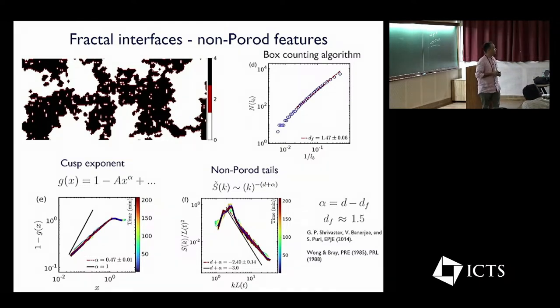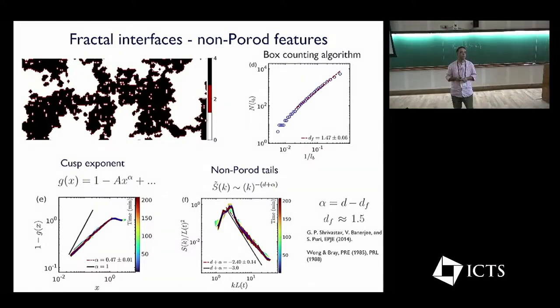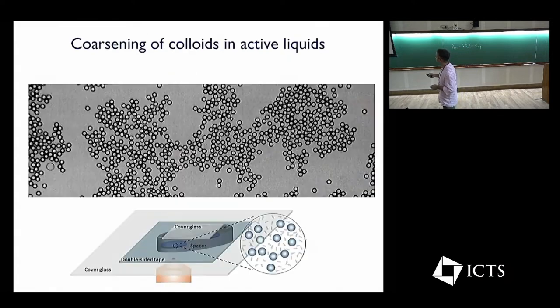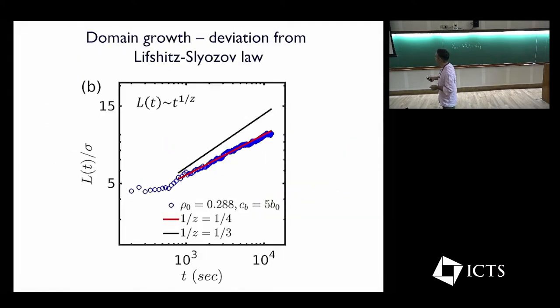I have a quick question. For what concentration of colloidal particles is this? It's about 0.2, let's say, and we have changed the density of the colloids. This is 0.23, 0.3. It's still not very dense. You see this phase separation over a small range of area fractions, because if you go to very large area fractions, then you start seeing percolation and all. It's a different phenomenon. There's a range of densities where you can see this phenomenon.